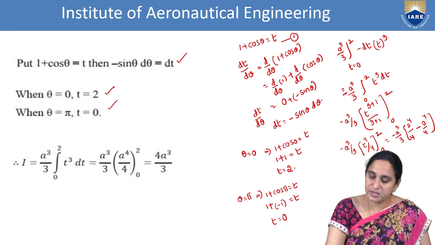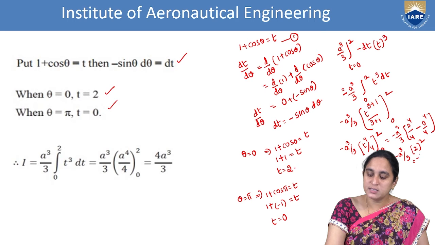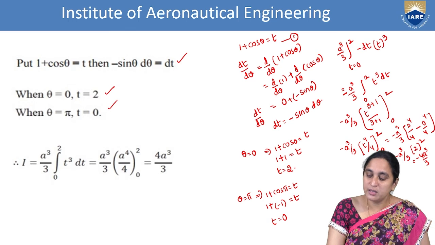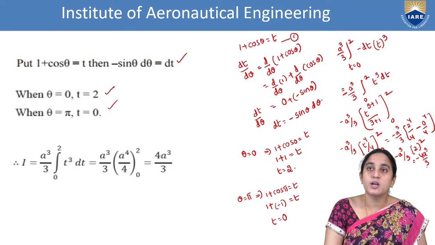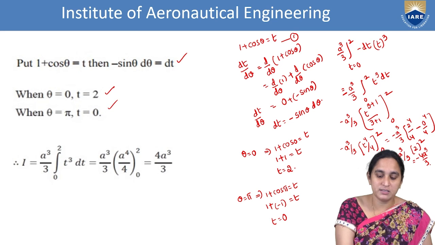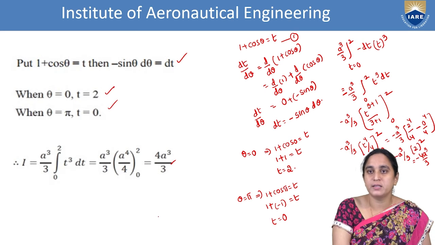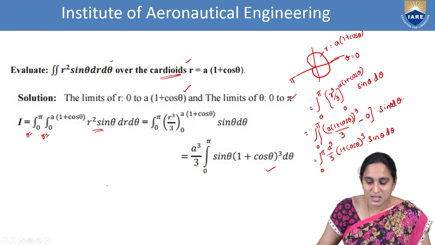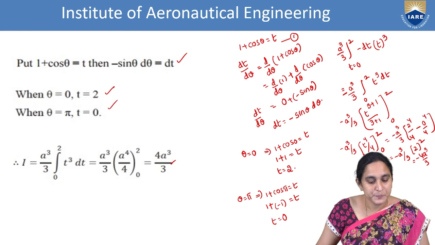From that, minus a cube by 3 into 2 power 4 by 4, means 2 2's cancel, that is here 2 square, that is minus 4a cube by 3. Okay, once you observe, why I got here minus 4a cube by 3, but here the answer is 4a cube by 3. Here the limit points are,